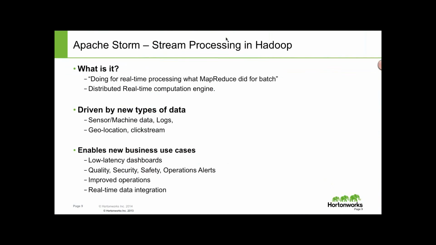So Apache Storm is essentially, it's not the only real-time stream processing in Hadoop, but it is the most prevalent and the most tried implementation of stream processing. And it has the most use cases and adopters in the field. I've seen Storm just in the past few months really begin to gain a significant amount of traction in the field, because a lot more companies are realizing the value of their sensor